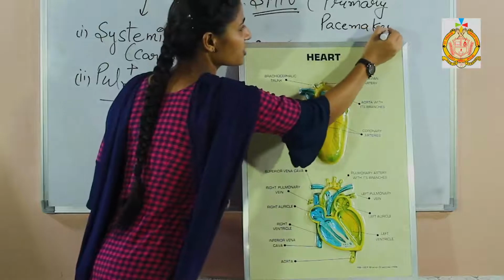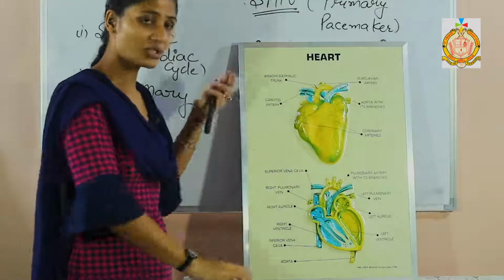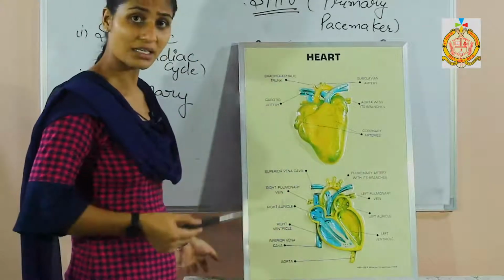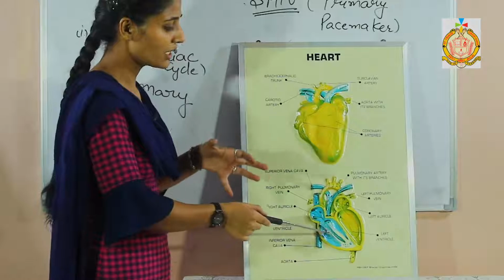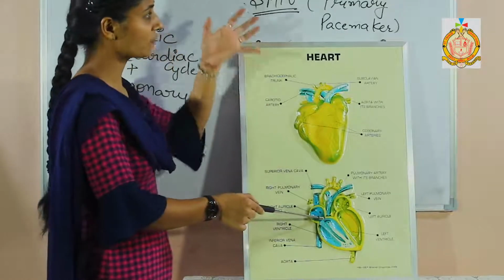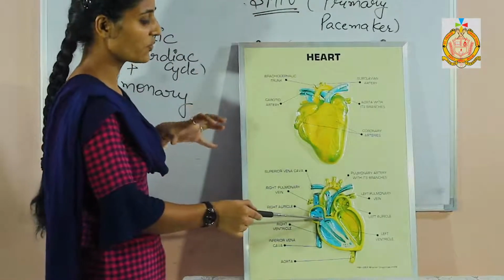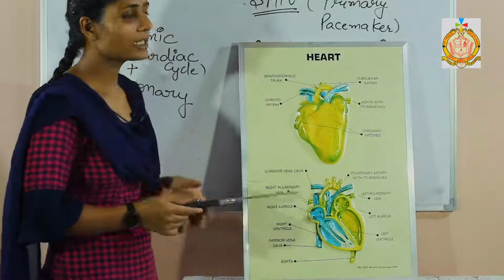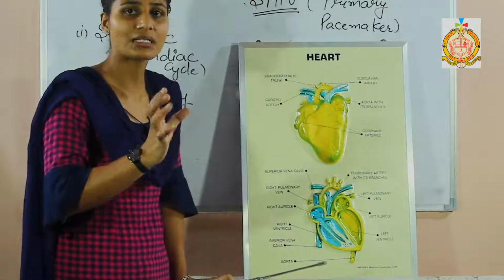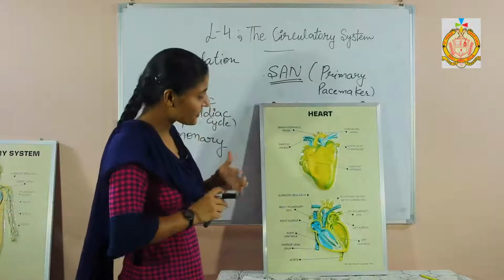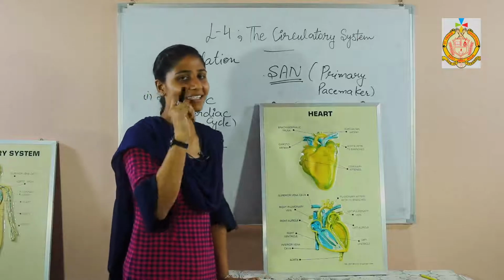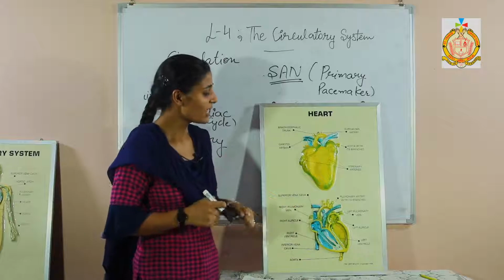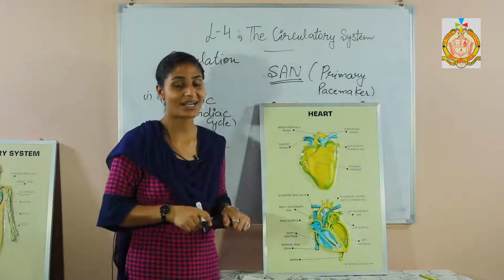Pacemaker means that it is responsible to generate the signal in the heart for the contraction of the blood. Afterward, when it is generating the signal from the heart, this blood is going to the right ventricle, because with that generation of this signal, this tricuspid valve opens and this blood is entering the right ventricle. From the right ventricle, again one signal starts, and that is known as the atrioventricular node. One node is generated there, known as the atrioventricular node, and that is generated on the ventricle side.